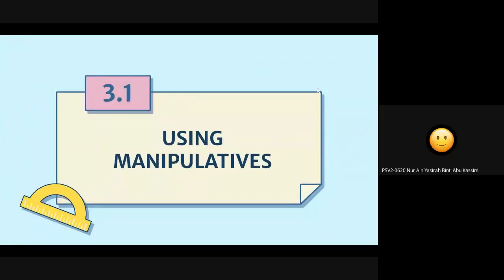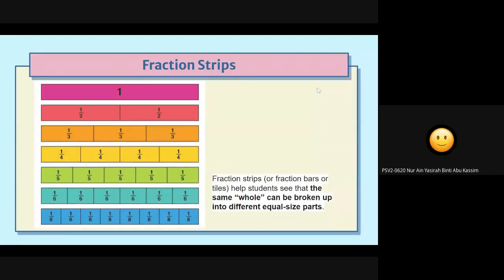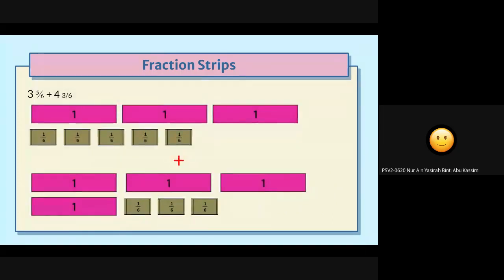All right, for mixed number fractions using manipulatives, teachers use fraction strips. Fraction strips or fraction bars or tiles help students see that the same whole can be broken up into different equal size parts. Next. Okay, for the example, the question is 3 5/6 plus 4 3/6. So for the fraction strips, teachers need